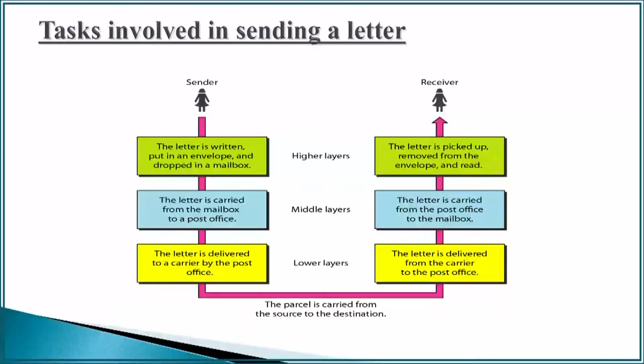So we can see this for a simple message transmission through a postman. When we send a letter to another individual, we will first write the letter, then we will pack it in an envelope, and send it to the courier by post office. Then the post office of the receiver's area will receive the packet. The letter is carried from the post office to the mailbox, and then from the mailbox it is received by the